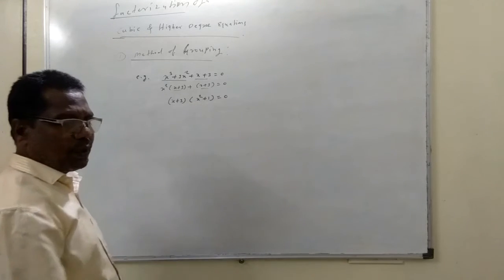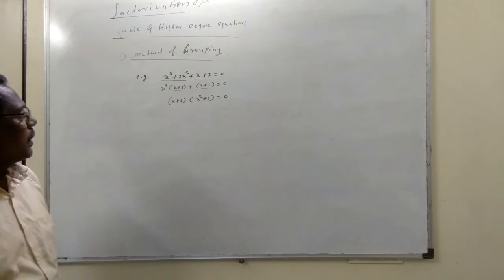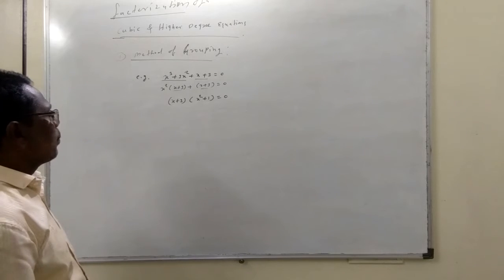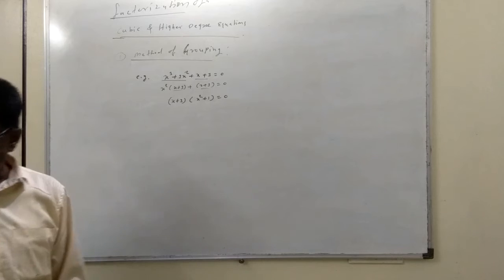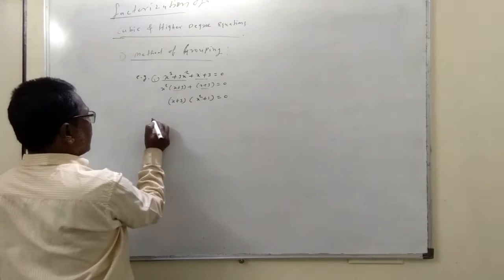Now x squared plus 1 has complex factors, x plus i and x minus i, etc. But in most applications, our requirement is the real factor. So these are the factors. This is about the method of grouping. Suppose we consider a second example,